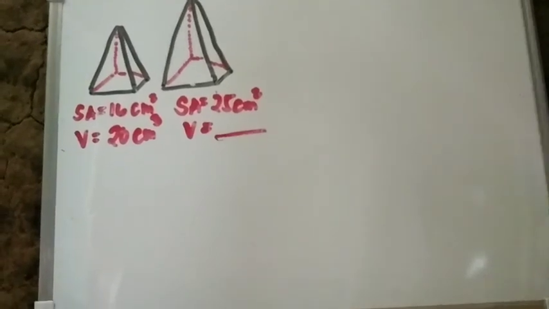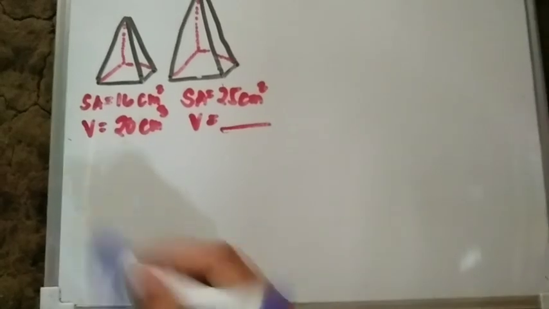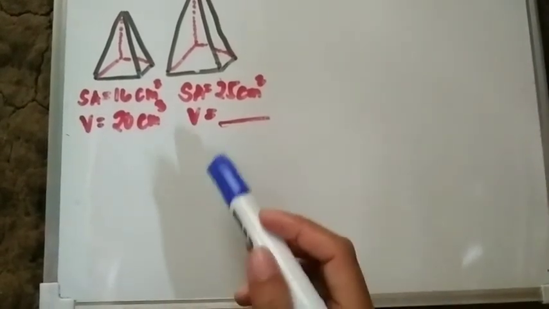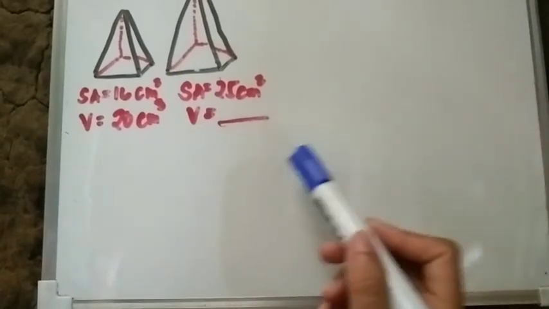Everyone, in today's video we will discuss an example on similar solids. So we have here two similar solids, or pyramids, but they are not the same size. Our problem now is to find the volume of the larger pyramid, given that the surface area of the